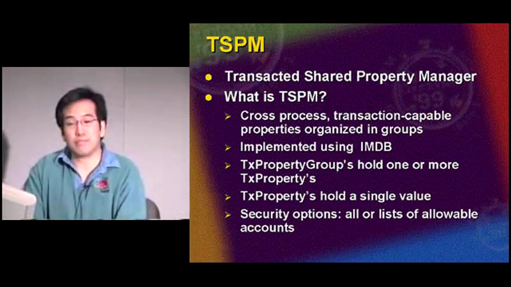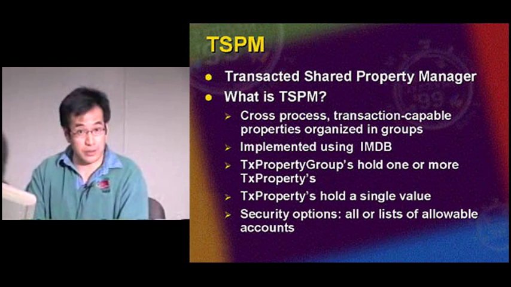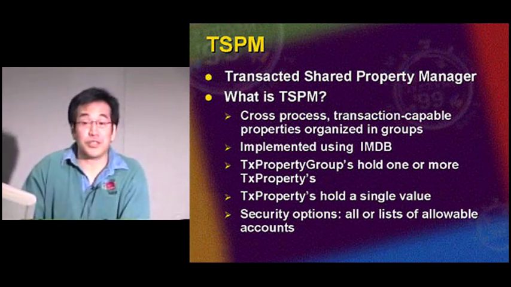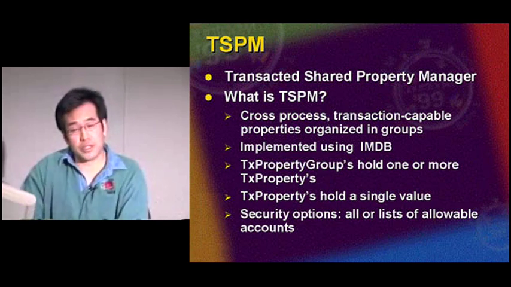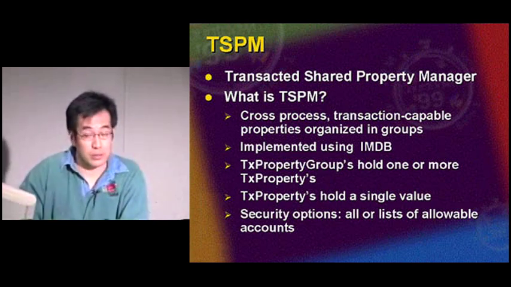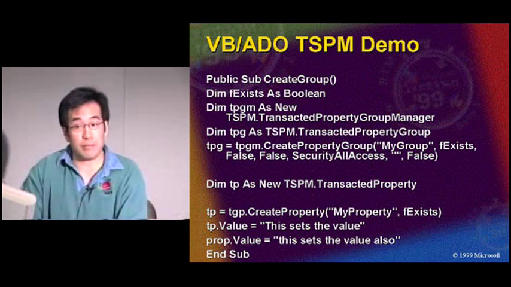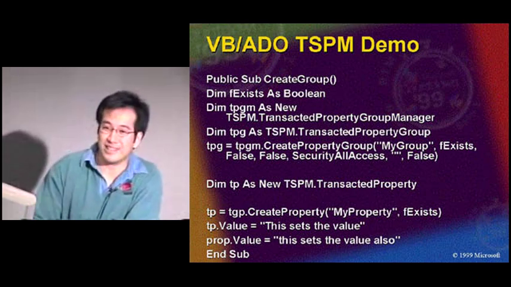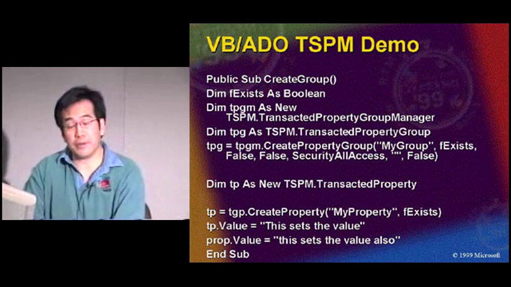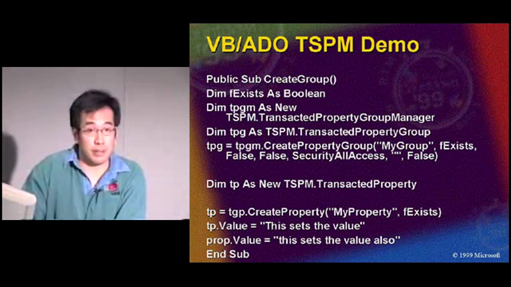Each transacted property may hold a single variant value. Okay. And security options, unlike SPAM, security options can be set on all the objects within TSPAM, or all of the TSPAM objects. Okay. So now we'll just walk through a simple example of how you would use TSPAM in Visual